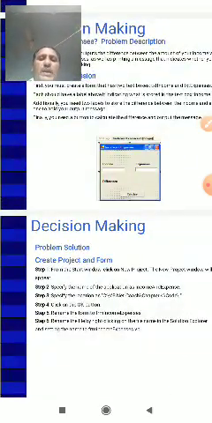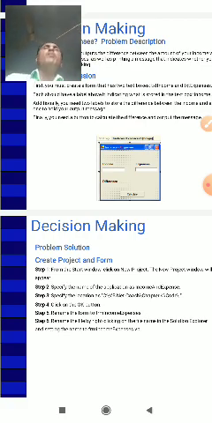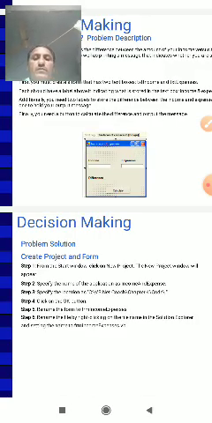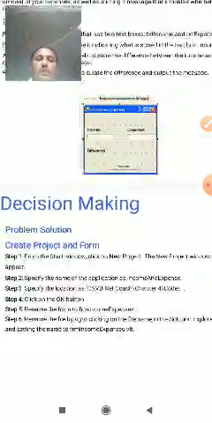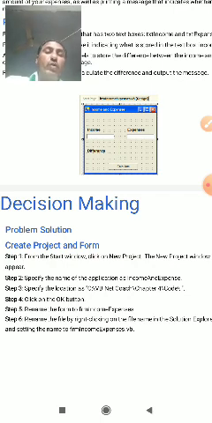Decision making problem solution: create a project and a form. From the start window, click on New Project. The new project window appears.